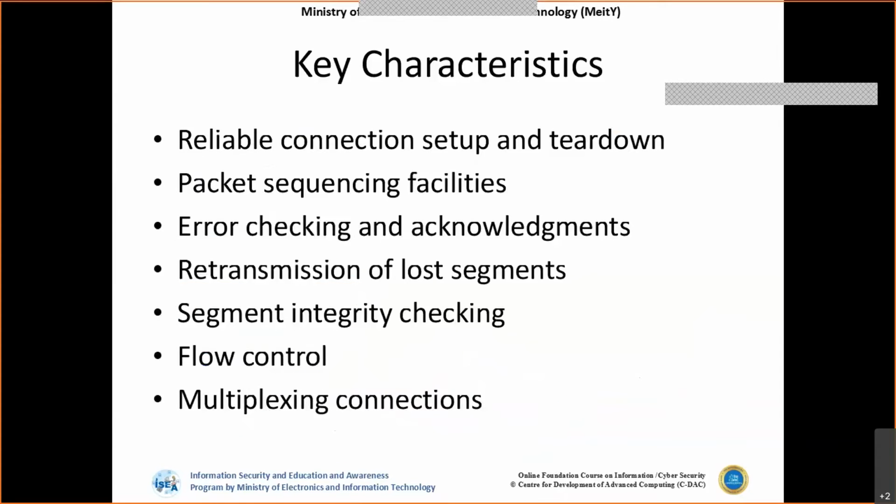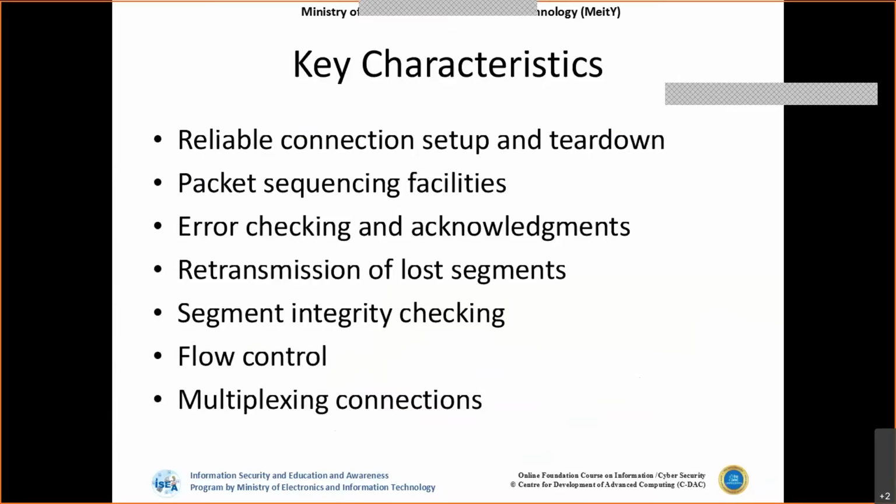And when we talk about the key characteristics, that is what we have discussed. It has reliable connection setup, and even closing the session is reliable, because while closing, it uses four packet transmissions to get confirmation from both parties before closing the connection. And also we have packet sequencing, error checking and acknowledgements.